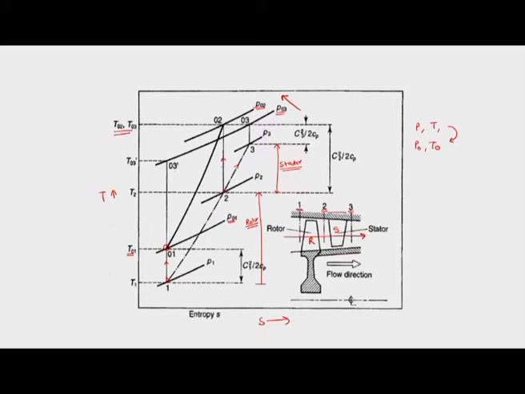However, for this pressure rise, if we would have compressed it without any friction and without any losses, then from not 1 we would have reached not 3 dash here. So, this is corresponding to ideal work input into the compressor, but this not 1 to not 3 is the actual work input in case of the compressor.